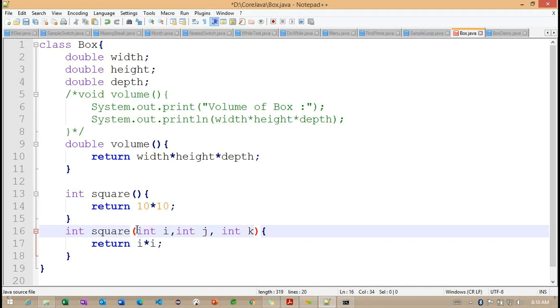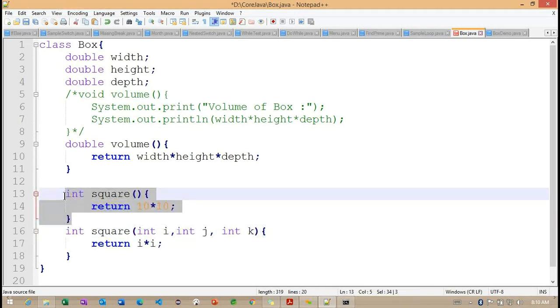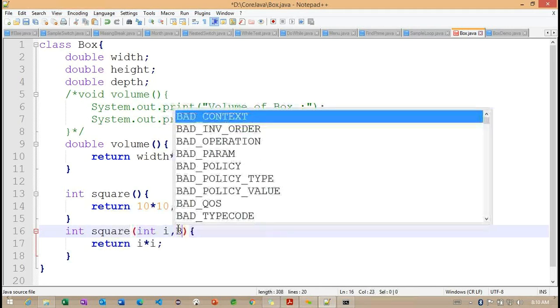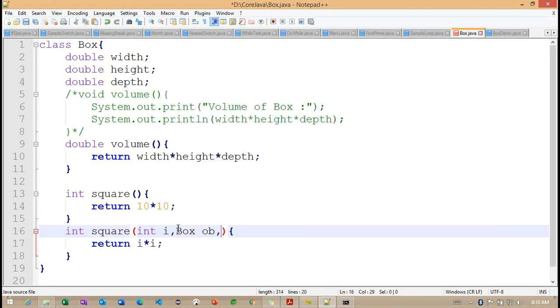Getting the point. The only advantage we get here is that when we provide dynamic input, we get dynamic output. So instead of the method without a parameter, we use the method with a parameter. Not only the int data type, we can connect with any data type here. Now I can pass an object as a parameter, a double as a parameter, a character as a parameter, and a boolean as a parameter. There is no limitation here.